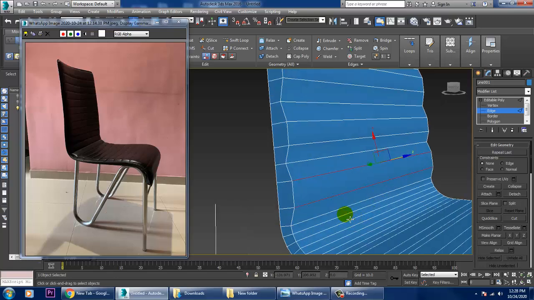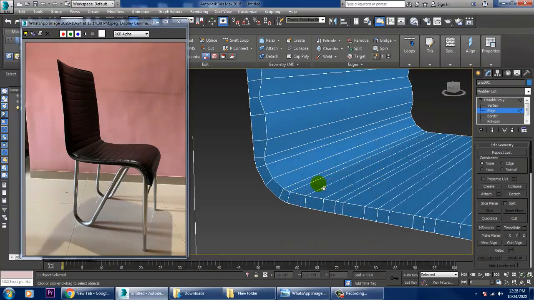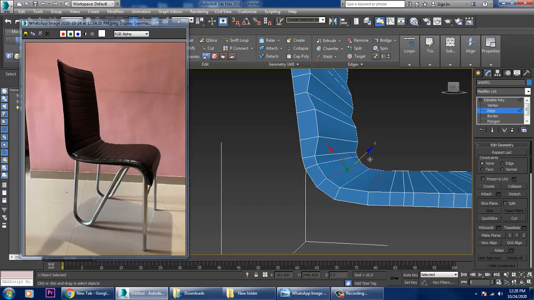We can just push these elements out, push it up.